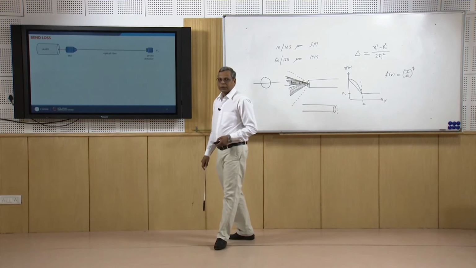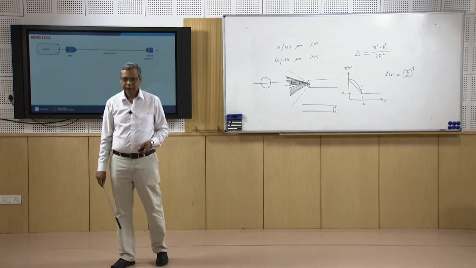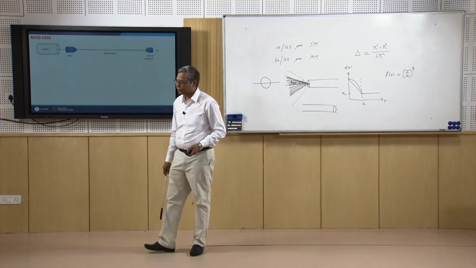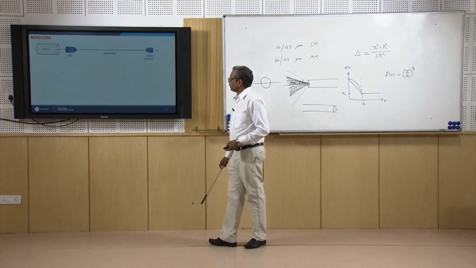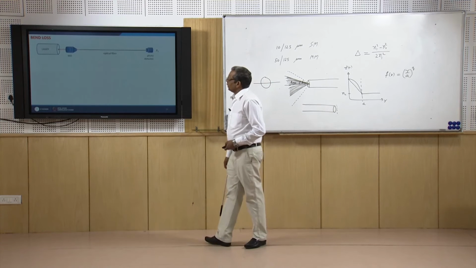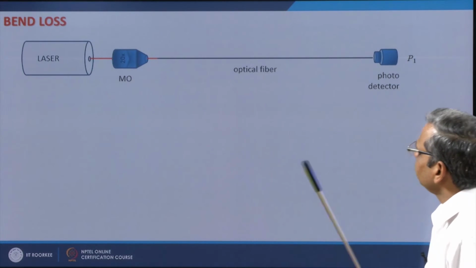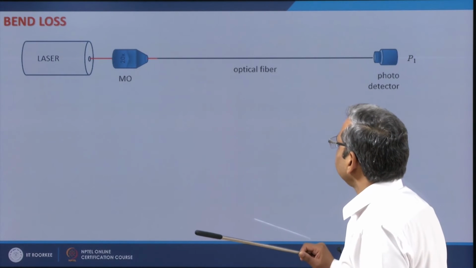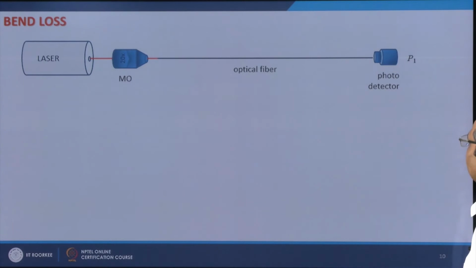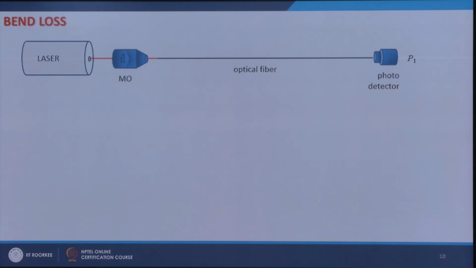Then what is the bend loss? Because when you install this fiber in the field, you have instances where you need to bend the fiber. So it is important to find out the bend loss of the fiber also. For doing this, what you do, you take a fiber and keep it straight and measure the power P1,